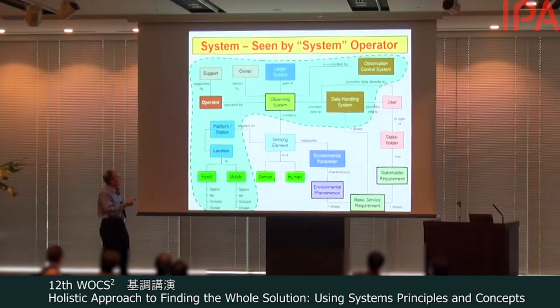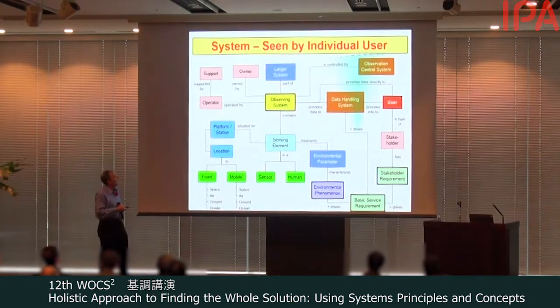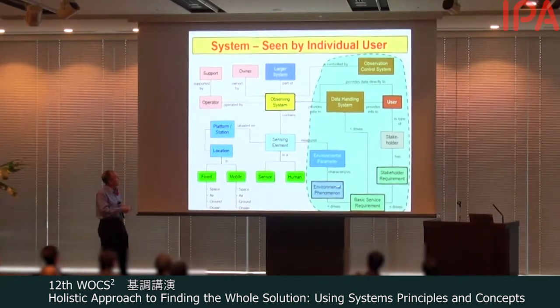So we look at these elements and relationships. What are the systems? The system operator, really, these are the things the operators observe. So this is, you might say, the operating system. But the user will be concerned about these things. So even in this set of things, there is more than one system because we have different observers.